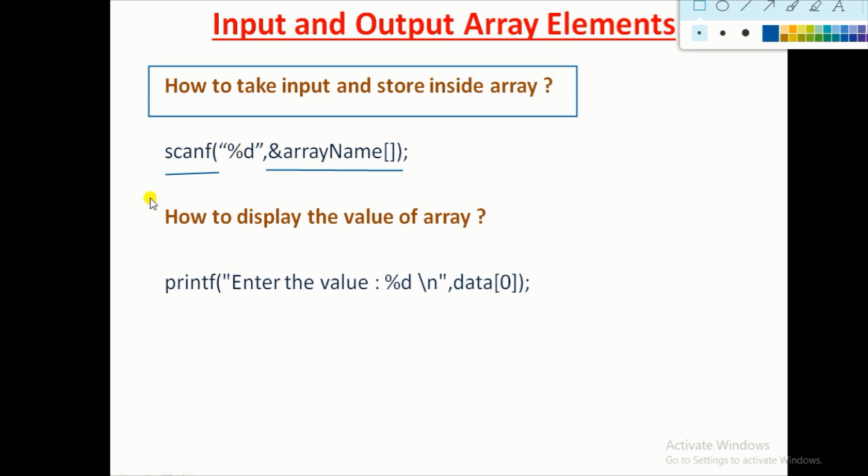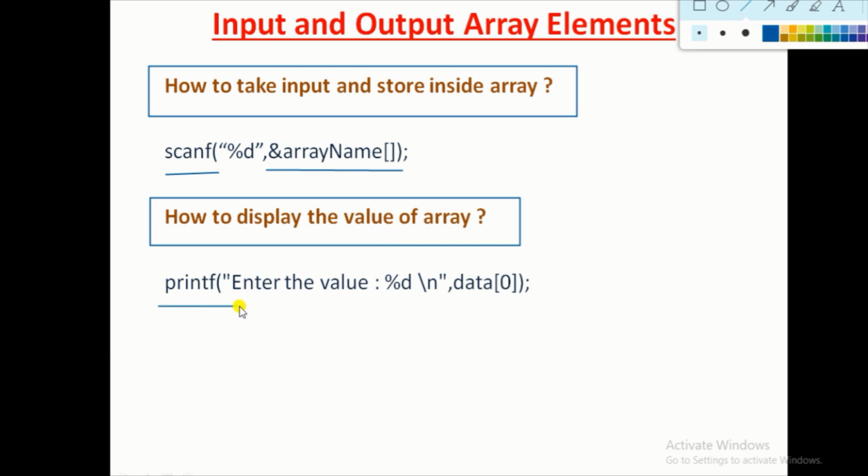Okay, next, how to display the value of an array. We stored the value inside the array and we want to print or display that value. We use the printf function. We just write printf, inside bracket and quotation we write whatever message we want to display, like enter the value. Then we have to mention which value we want to display.